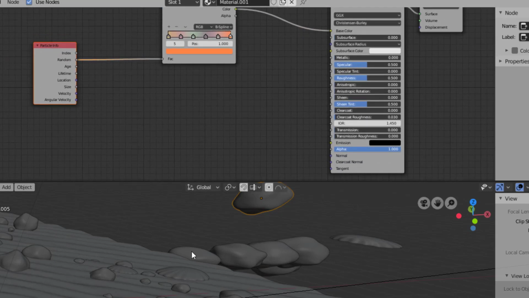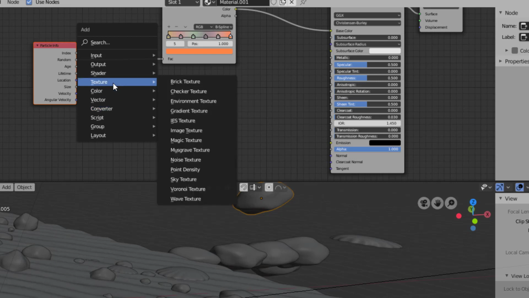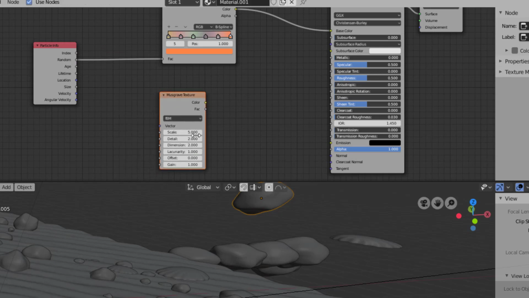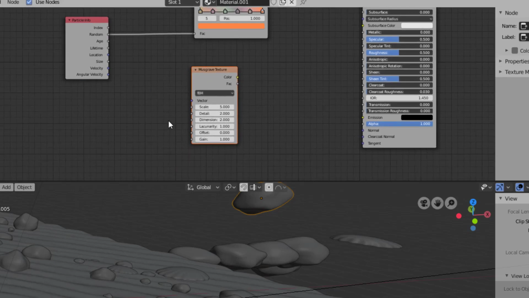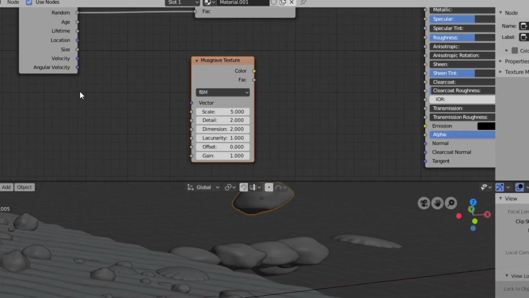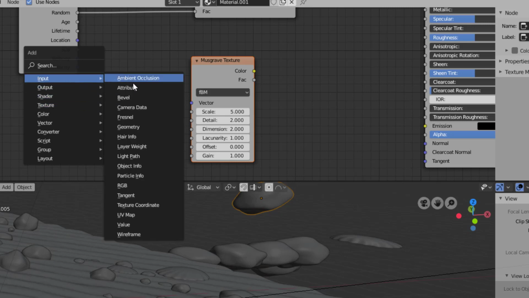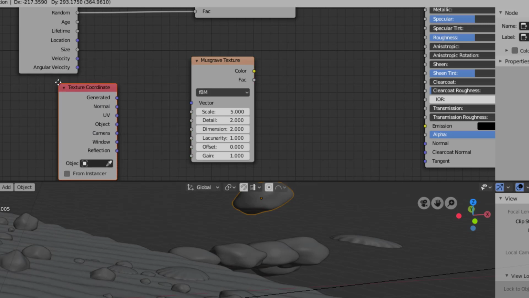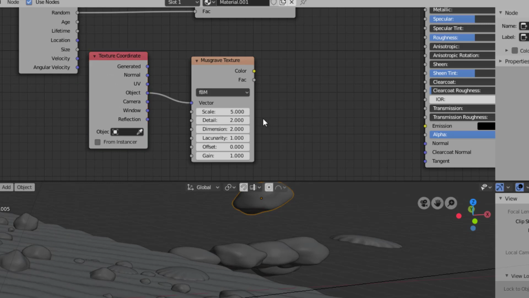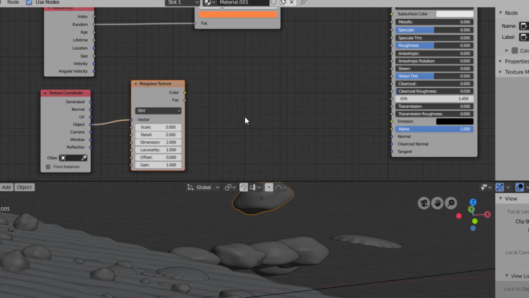Okay, we also need some structure on them, so I can use the Musgrave here. So I just select Shift A as I did before, and I select the texture, and in that I select Musgrave. So now I have the Musgrave as well, and I must control it. If I don't put anything in the vector, it will be using generated, but I think I take Shift A and I will use an input texture coordinate, and in that one I will select object. And now I will control it with